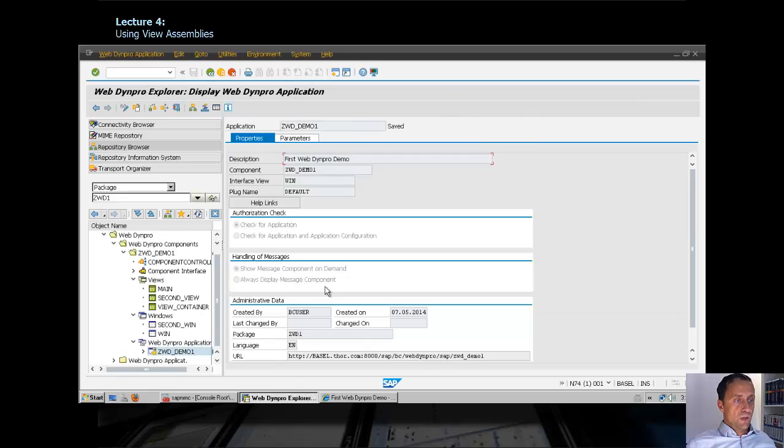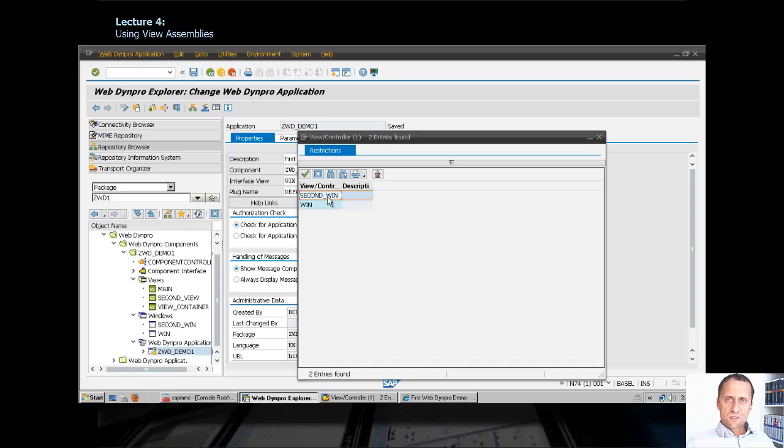And when you look at the application here, then it says here in the interface view field, when you enter the URL, you end up in the interface view win, which means you end up in the window win. This is what we don't want. We want to end up in the second window. So what we need to do here is exchange win with second win,